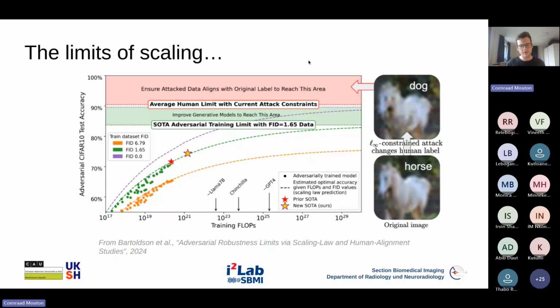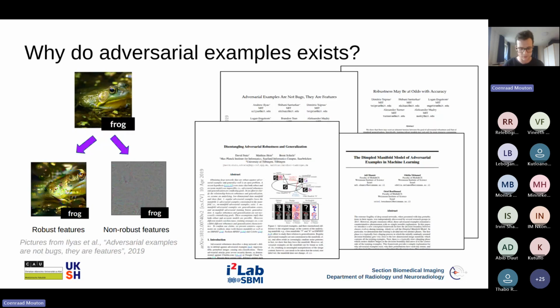Okay, so this is a very difficult problem. You might be wondering, why do these adversarial examples exist at all? Why are neural networks susceptible to these kinds of attacks? Us humans aren't susceptible to it. What's going on in the visual perception of neural networks? Now, this question is still an open one.